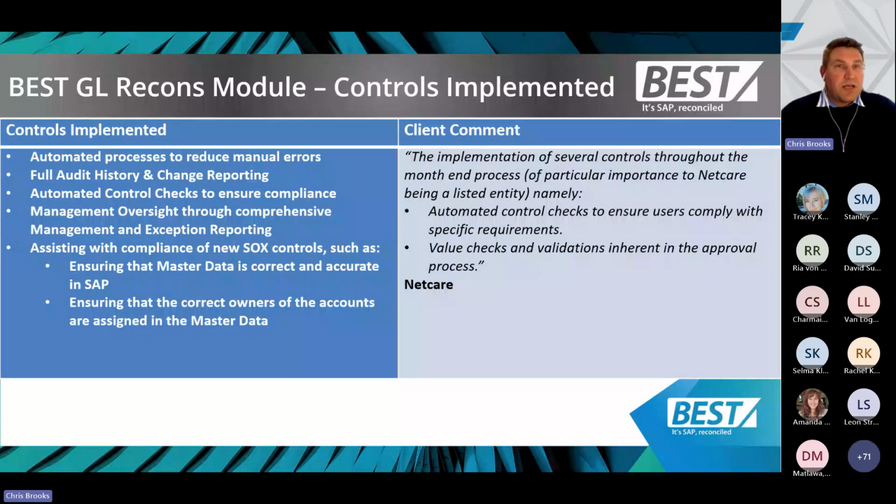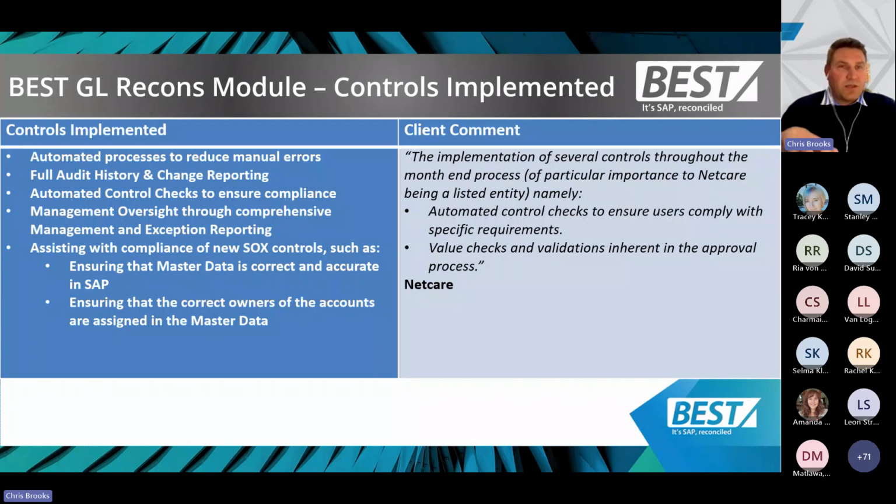The controls around automated process to reduce manual errors, the full audit history and change reporting that's available, automated control checks to ensure compliance at the time of those approvals, management oversight through comprehensive management and exception reporting, and assisting with compliance of new SOX controls, such as ensuring that master data is correct and accurate in SAP, and ensuring that the correct owners of the accounts are assigned in the master data.